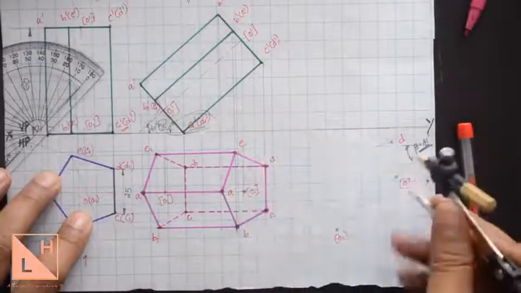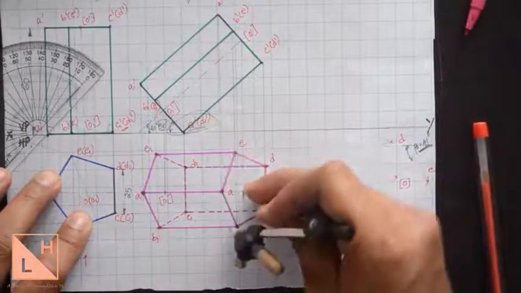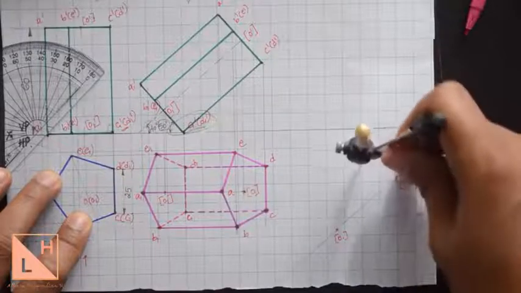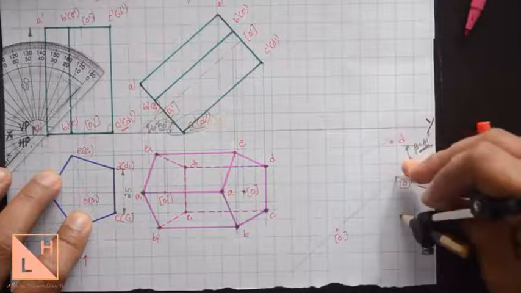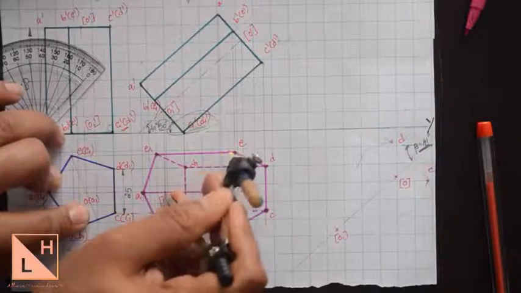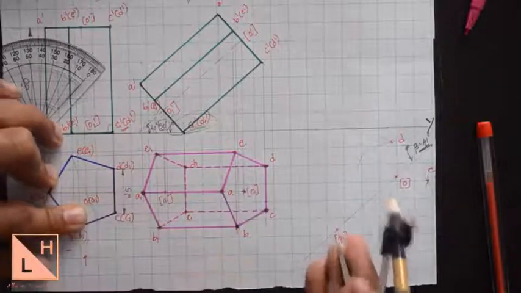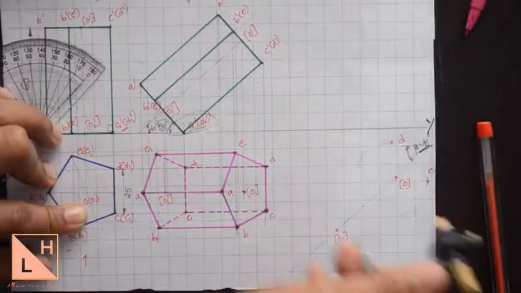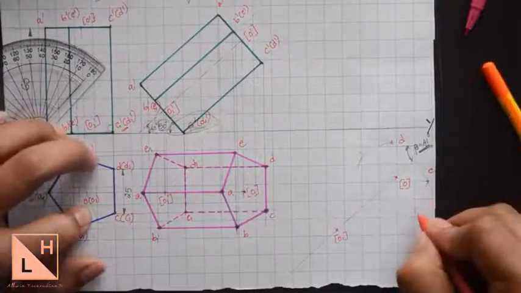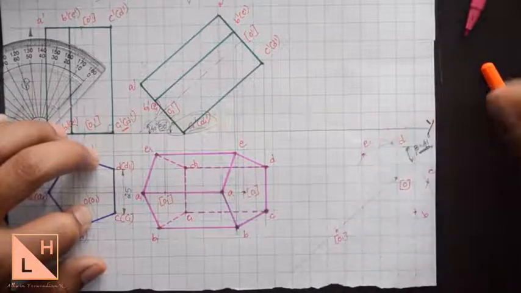Points have to be measured from O and O1 only. Like O to E will be same as O to B. So you can take the same measurement, cut one arc above and cut one arc below, and then you measure the distance from O1 to E, which will be the same distance for O1 to B as well. So where it intersects, those will be the points B and E.